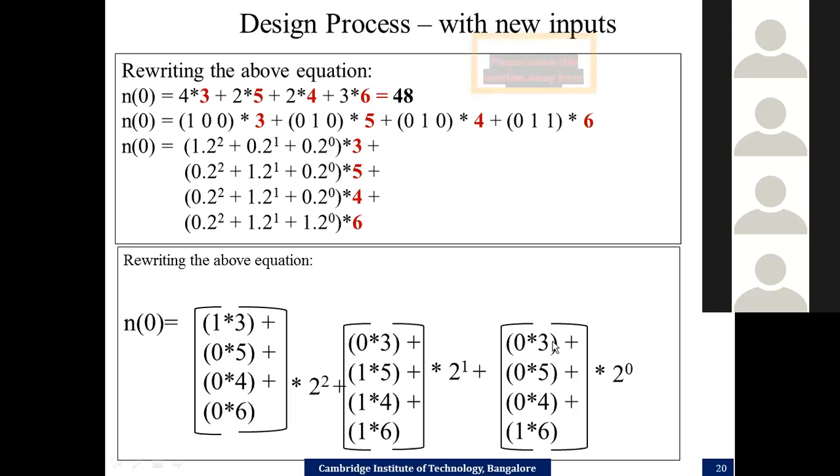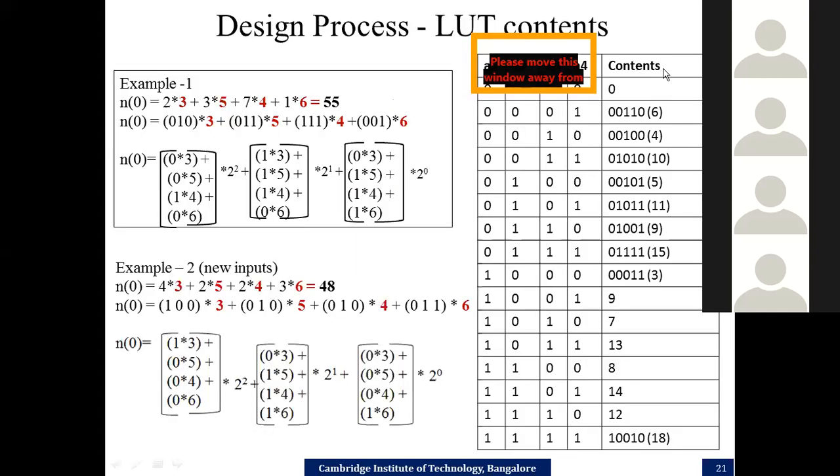And if you see this, 0, 0, 0, 1 are the LSB bits of 4, 2, 2, 3. So now I have given you a simple example: if your input is 2, 3, 7, 1, what is the output and what would be the reduced expression. Suppose you get a new input for your neuron 1, that is 4, 2, 2, 3. Again, I have identified what its expression would be.